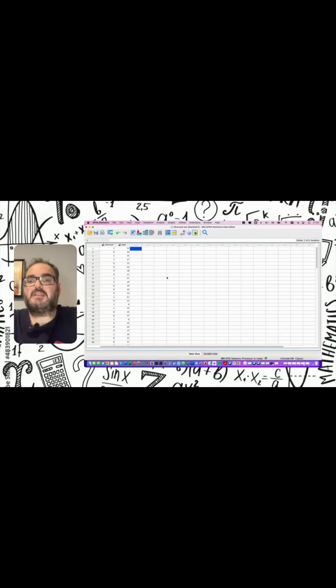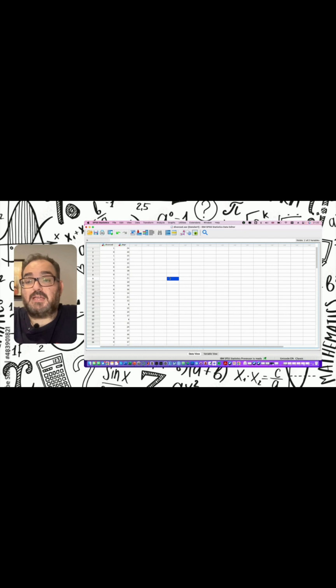So here we have the SPSS, we have imported our data in SPSS. As you can see, we have two columns. The second column has the depression level of the kids that we made the experiment on, and the divorce column where we have zeros and ones. Zeros are the kids with not divorced parents, and one is the kids with divorced parents.